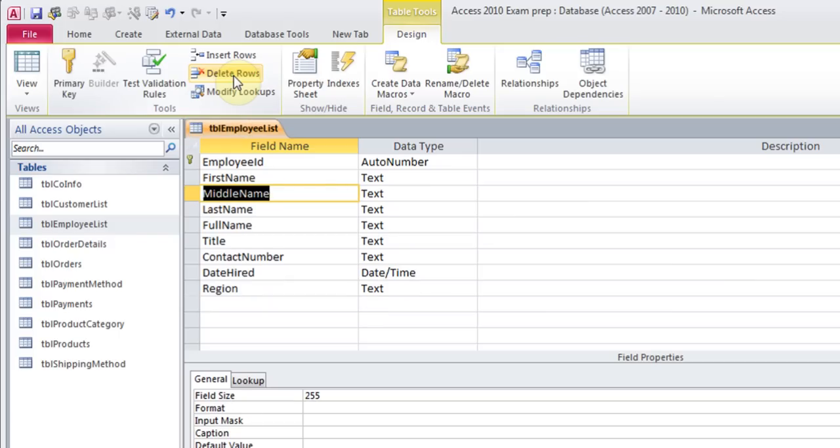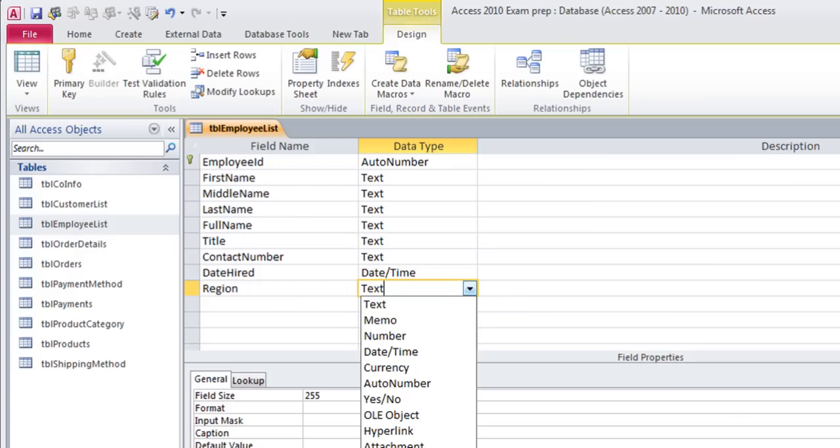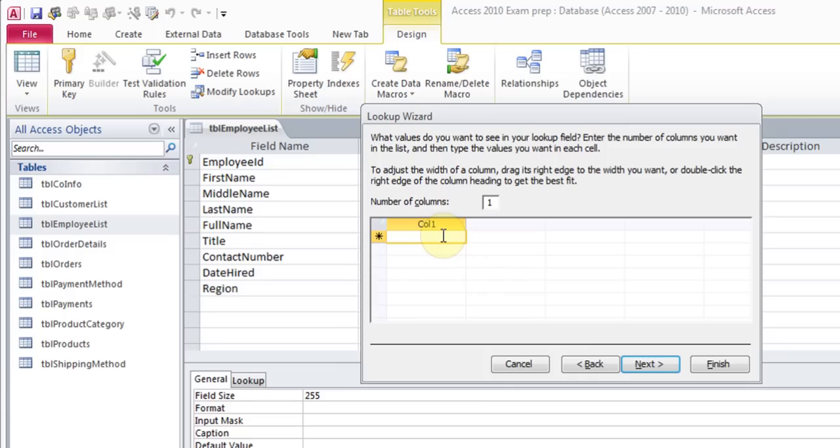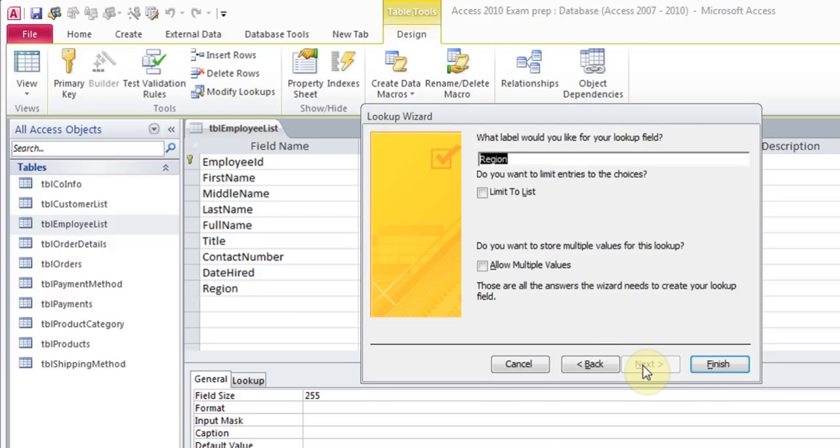You can also create what is known as a lookup. So say, for example, for the region, I wanted to create a drop down button like north, south, east, west. So I click on the drop down button here, and then I go to lookup wizard, and then I choose the option I will type the values that I want, and I'll click next. And then here I type my list. So I can type north, south, east, and then west, and then I can click next,